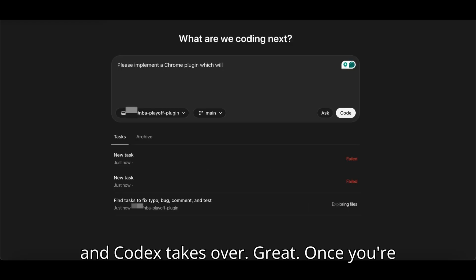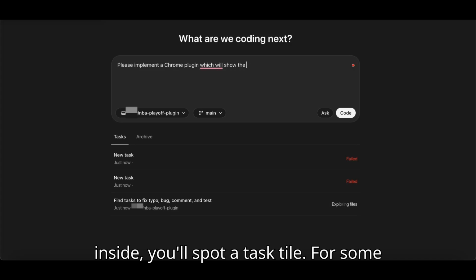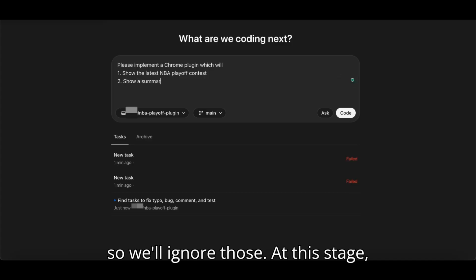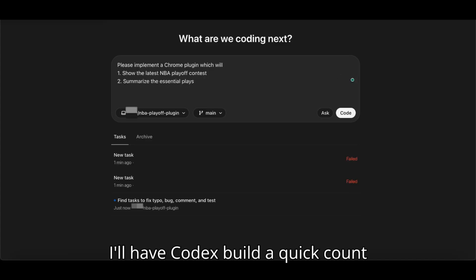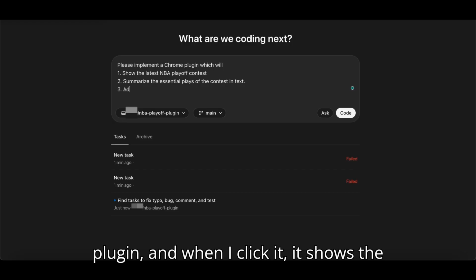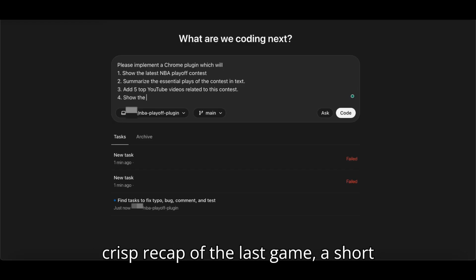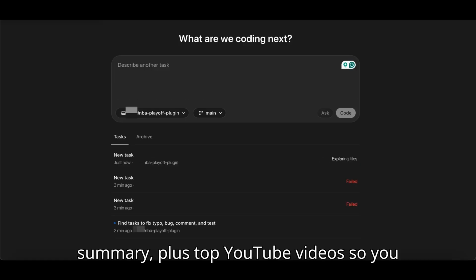Great. Once you're inside, you'll spot a task tile. For some reason, some default ones show as failed, so we'll ignore those. At this stage, I'll have Codex build a quick count plugin, and when I click it, it shows the latest NBA playoff scores, including a crisp recap of the last game, a short summary, plus top YouTube videos, so you